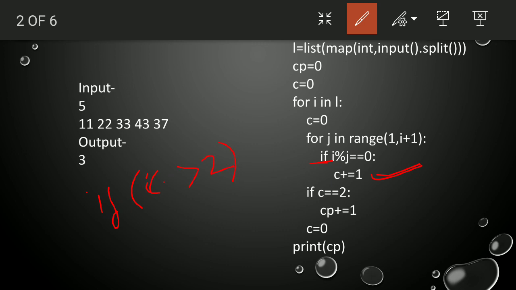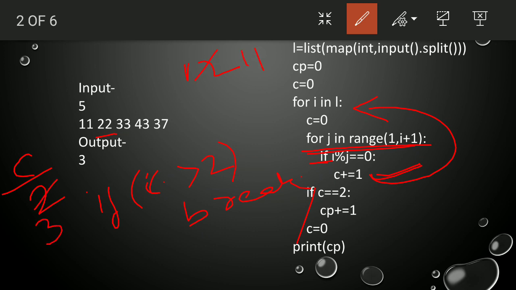In this loop, if C value is greater than 2, then we can break that j loop, and it will change to another i value without iterating for the next values. For example, for 22, after 1 and 2, C value is 2, and after 11 the C value is incremented to 3. So it will check here; in the two cases, 2 is greater than 2 is false, so it will not enter into the break.